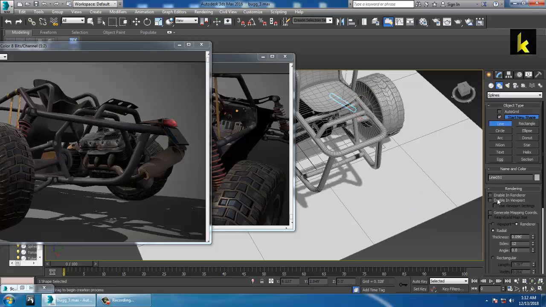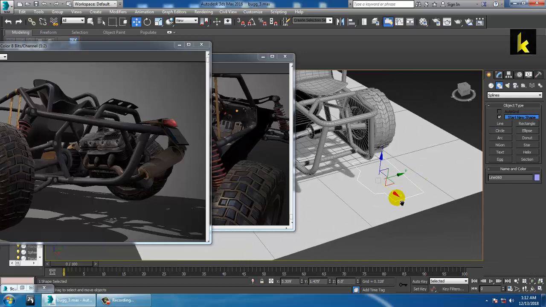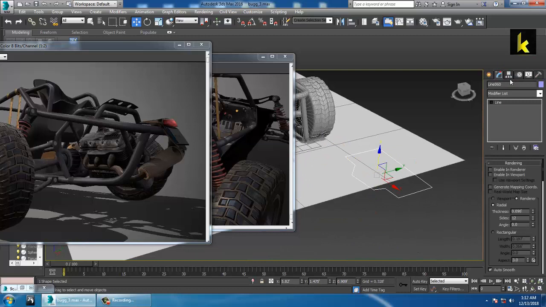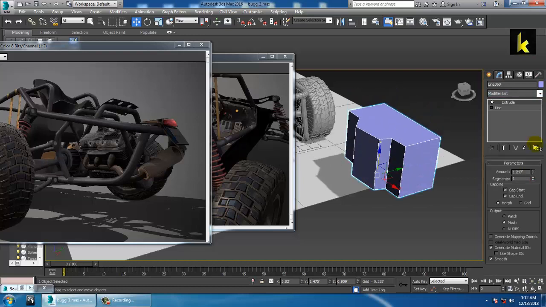So of this you can take a line tool, and you can close this part over here, push this up, and you have an option over here. If you want to use the extrude modifier, you can use the extrude modifier over here, and you can push this up,